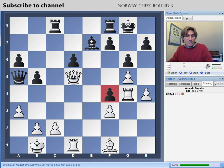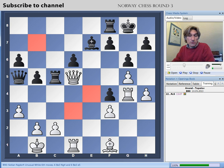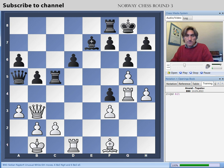Anand's played rook g4, so he's going to win this pawn back. So again, we see this rook coming into play via g4. Rook c5 played from Topalov, good move. Now white's queen has a choice. Where would you go? One of these squares? Anand played the queen back to b3 instead. Turns out to be probably a good move,